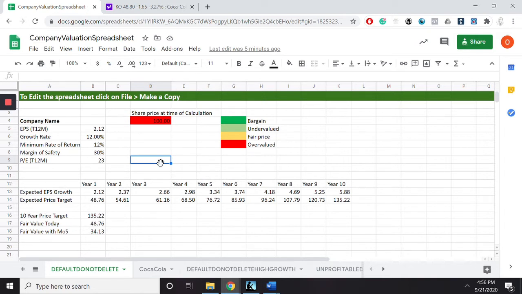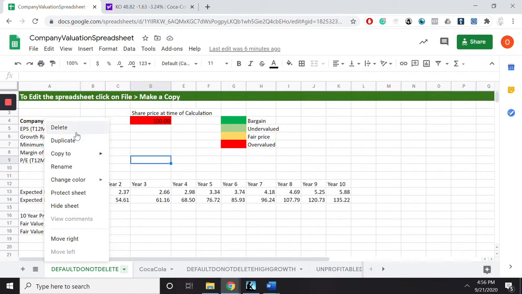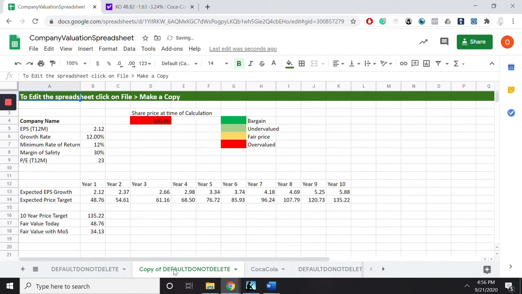So this sheet has a few parts, and as you can see here, I'm on a sheet called Default Do Not Delete. As it says in the name, do not delete the spreadsheet. Once again, if you do accidentally delete this one, then just go back to freemanpublications.com/valuation sheet and make another copy. So you're on the default sheet. When you want to do a new valuation for a new company, just right click and then click on duplicate, and then you'll see here copy of default do not delete, and then just rename it to the company you want to